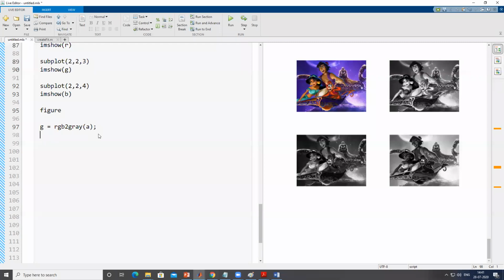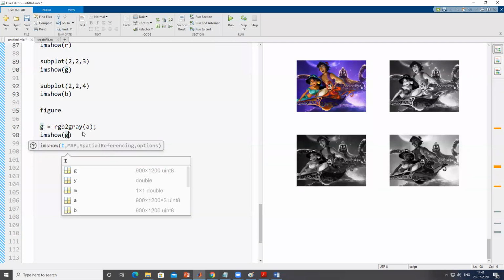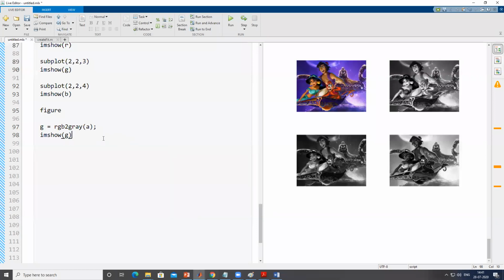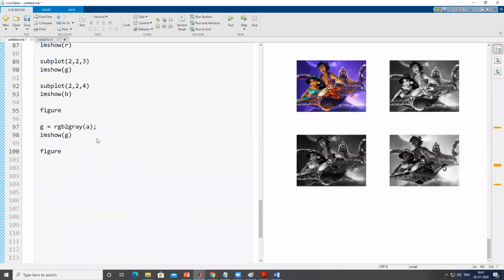I'll show this result, imshow G, and later on I'll again create a new graph paper with the figure command. And here the negative of this image will be 255 minus G. When we subtract a scalar from a matrix, the scalar is subtracted from each individual element.